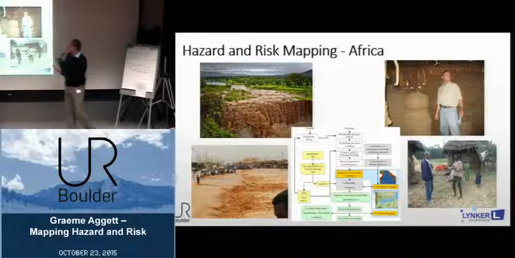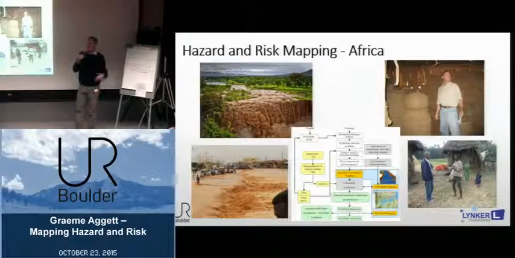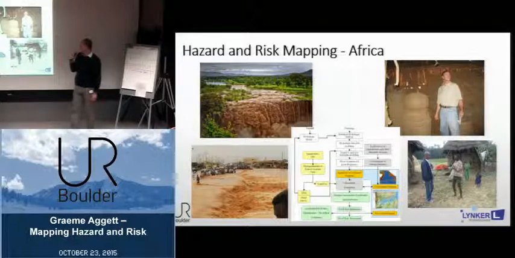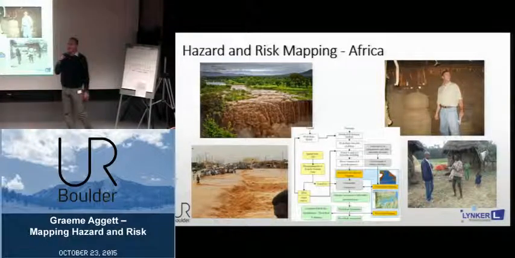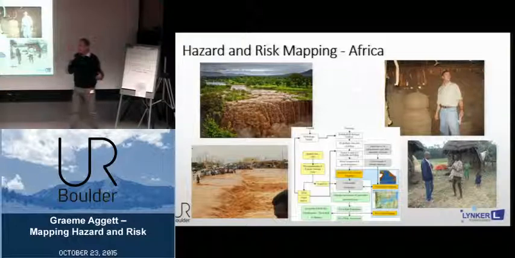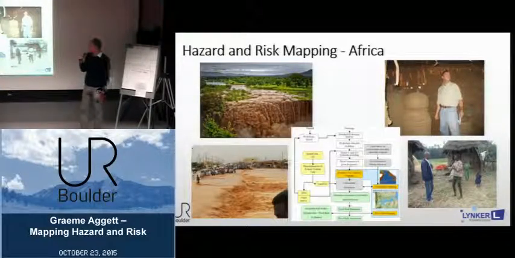So this process diagram illustrates, I hope, that it doesn't matter where we're mapping hazard and risk, that it's a very data-intensive process. In Africa, that creates serious challenges because quite often the data doesn't exist and we're utilizing remote sensing or having to go out on the ground and harvest information about vulnerabilities from the communities themselves. In the US,